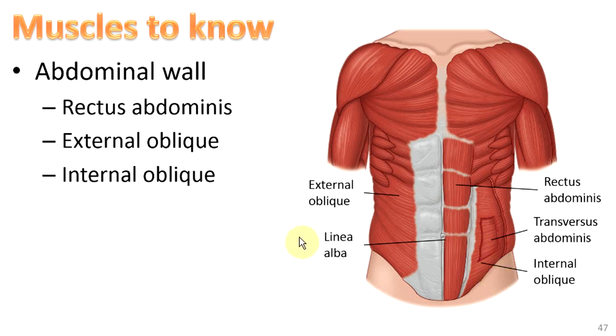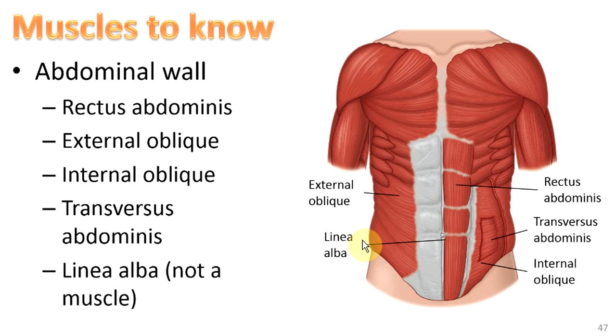And then internal to that, we have the transversus abdominis muscle, which is this muscle, and they run transverse, so perpendicular to the spine. And then the last thing we're going to talk about is not a muscle, but it's this line right here that goes in between the rectus abdominis, and that's called the linea alba, which means white line